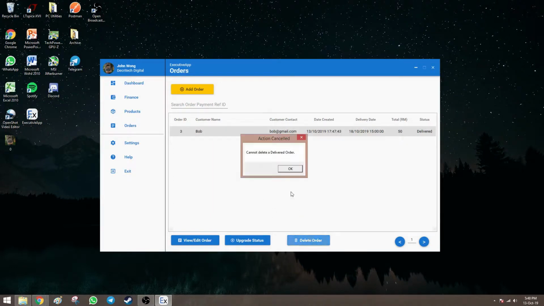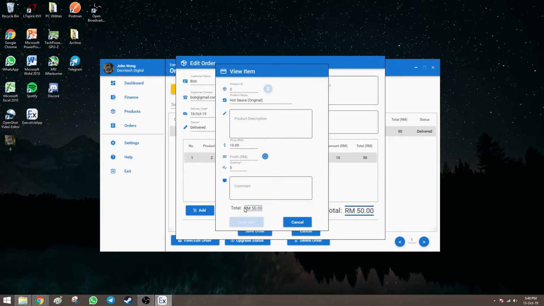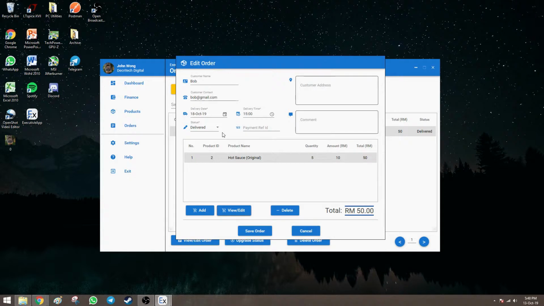Okay, so let's try and delete the order. It says here cannot delete a delivered order. If you view the order itself, and then if you look at one of the items, select the item and click on view, you can see that the save item button is actually disabled. Okay, the reason is that you cannot edit or delete delivered orders,